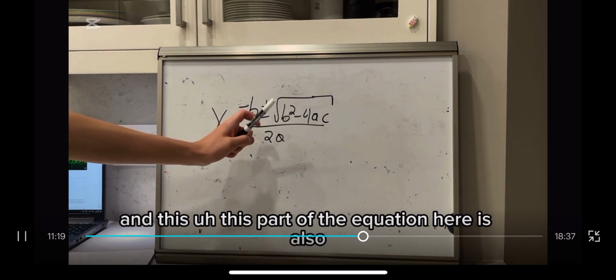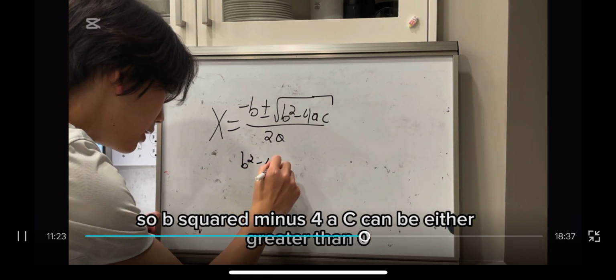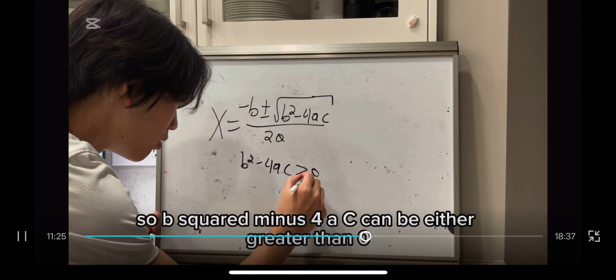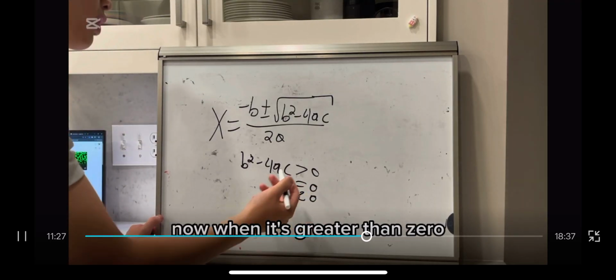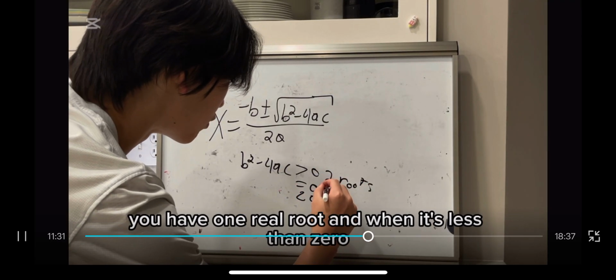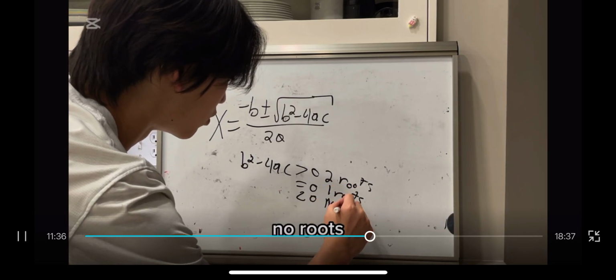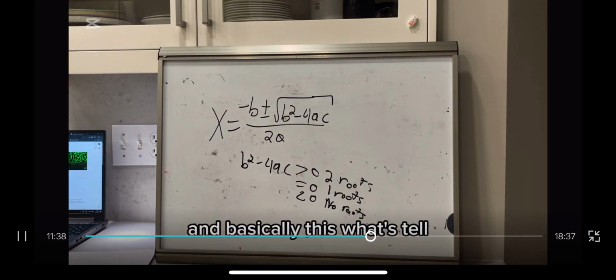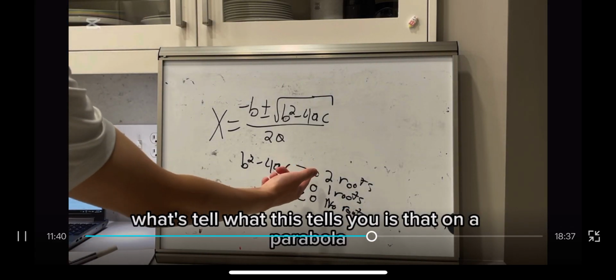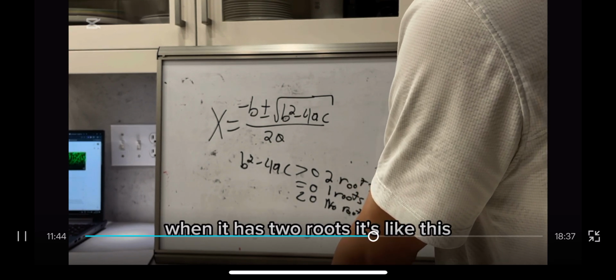And this part of the equation here is also important for the discriminants. So b squared minus 4ac can be either greater than 0, equal to 0, or less than 0. Now when it's greater than 0, that means that you have two real roots. And when it's equal to 0, you have one real root. And when it's less than 0, you have no roots. And basically what this tells you is that on a parabola, when it has two roots, it's like